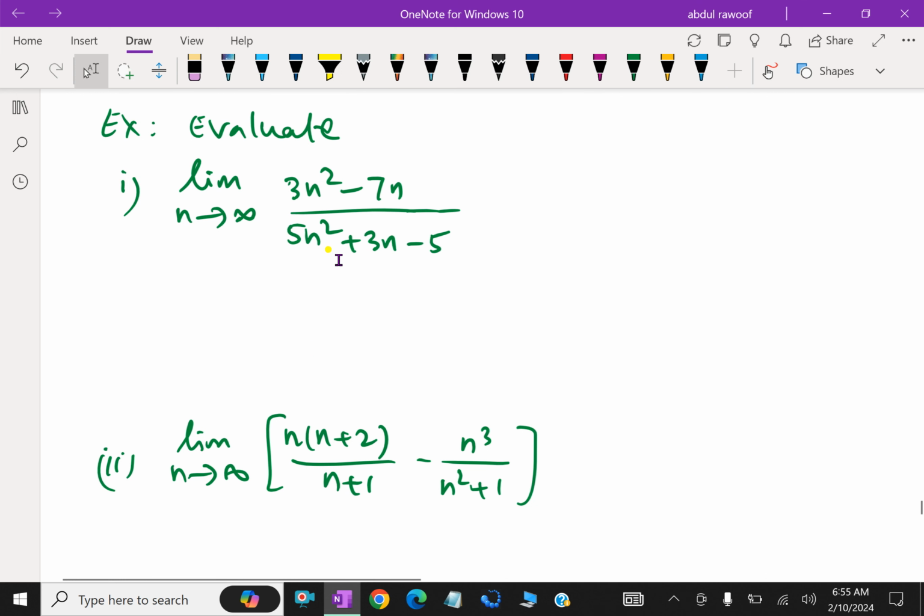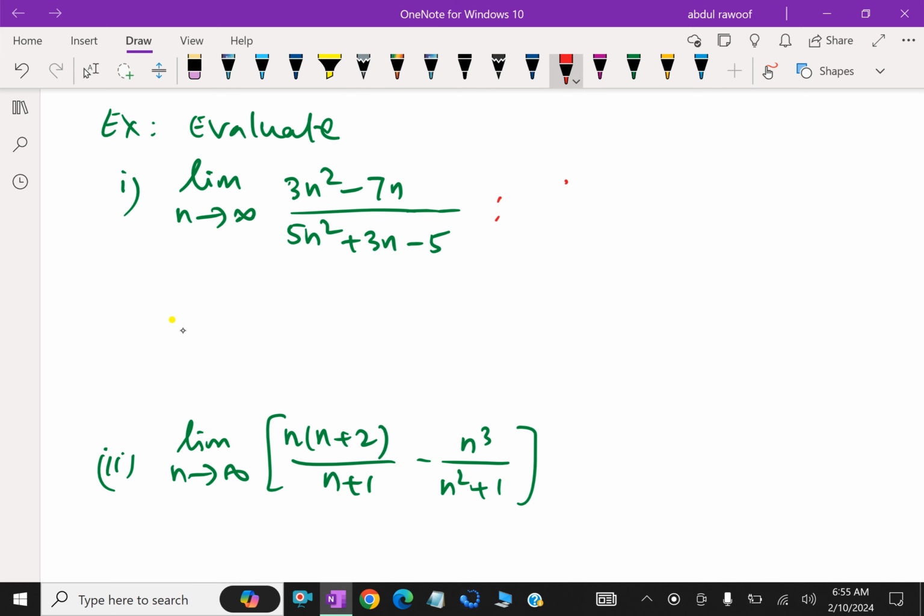Look at here. If you put infinity, it will give infinity over infinity. We cannot, as it is, substitute infinity for n. So, divide numerator and denominator by the highest power, which is n square. What happened? Which gives